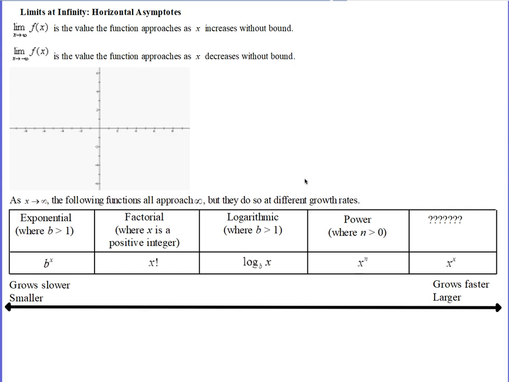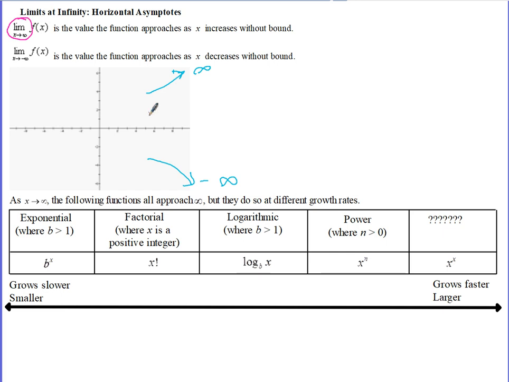These are the notes for AP Calculus on the topic of limits at infinity and horizontal asymptotes. So remember, we've got limits at infinity, there's two types. The limit as x approaches positive infinity, which, if you look at the far right of the graph, could be heading up to infinity. It could head down to negative infinity,